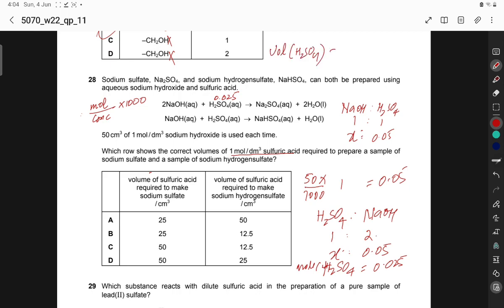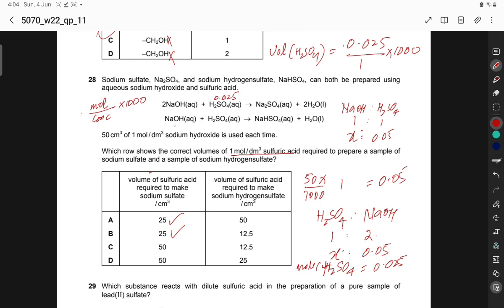Volume of H2SO4 is equal to mole over concentration. Mole is 0.025 divided by 1, into 1000. This is 0.025 into 1000, which is equal to 25. So this is 25. Now let's calculate the